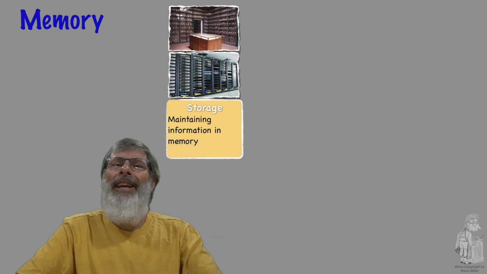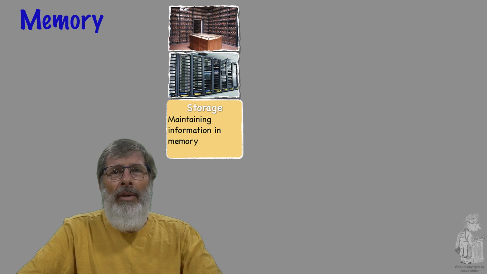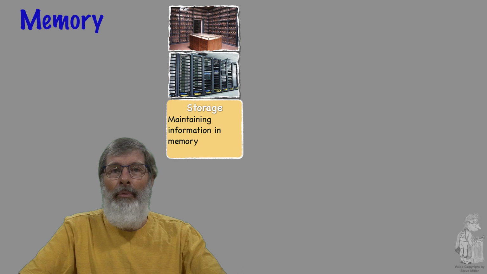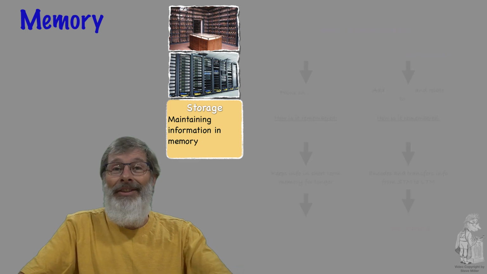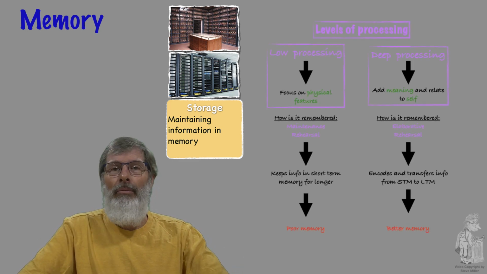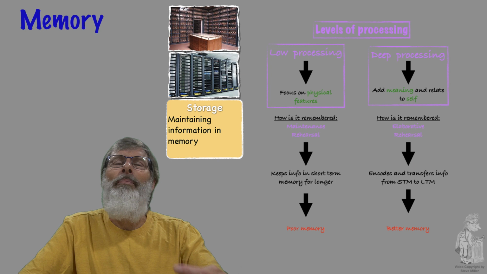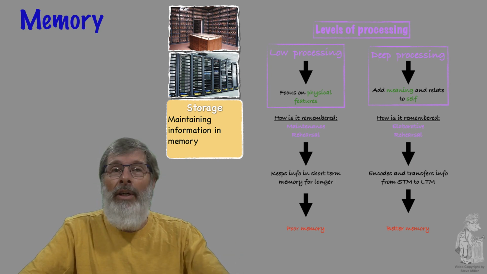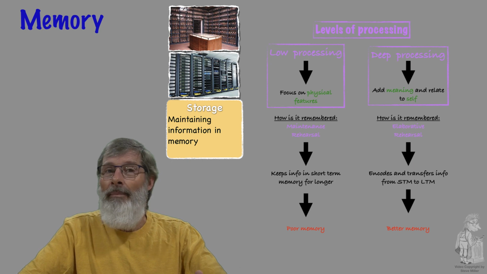Now, storage. This is the memory's save function, if you will. Storage is about maintaining information over time, and there are some physiological changes in the brain to support memory, and this is known as consolidation. One method by which to consolidate information is through maintenance rehearsal, the mental repeating of information that you might go over and over to hold onto that information and store it.